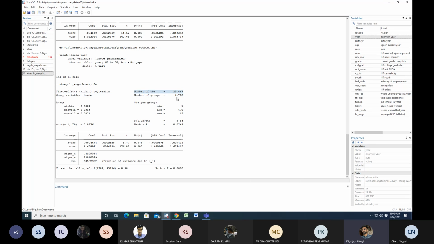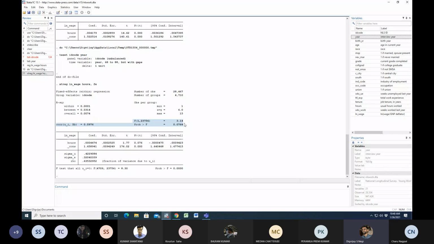Okay. So same as before, it tells you the number of observations that the data has. It tells you the number of groups. The number of groups is basically how many individuals we have in this data followed over time. So actually in this data set, we have 4,710 women. And observations per group, it's telling you that on average we observe 6 time periods for an individual. The minimum that we observe for an individual is 1 time period, so there are some individuals in this data set for which we observe just 1 time period, and the maximum goes to 15. So this is what this information is telling you.